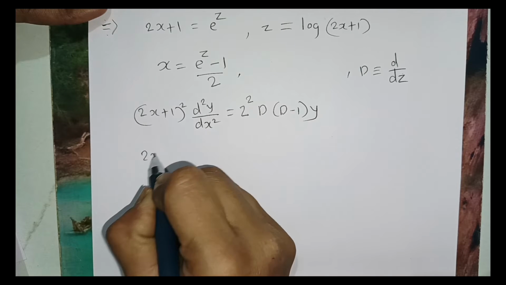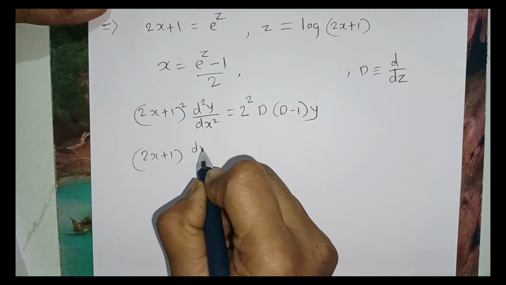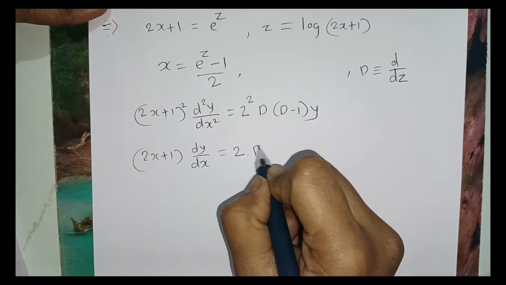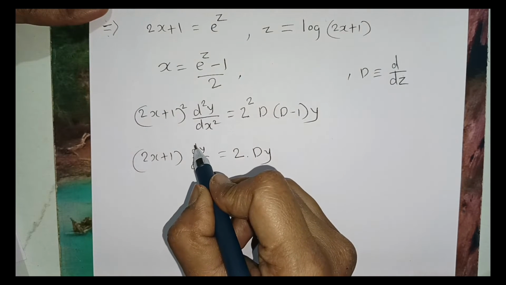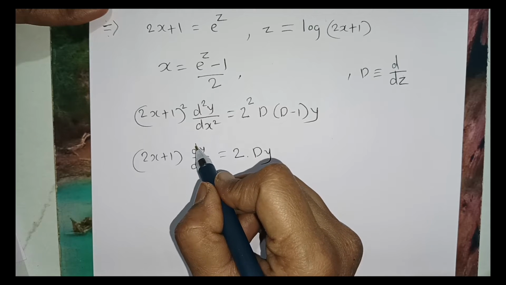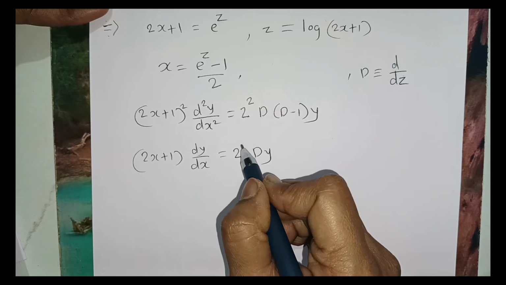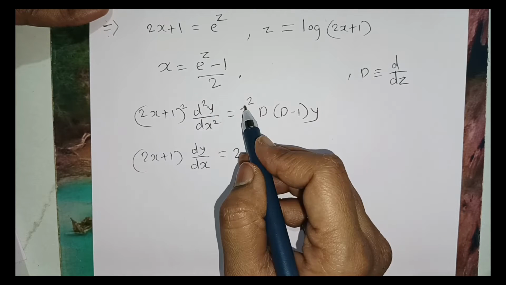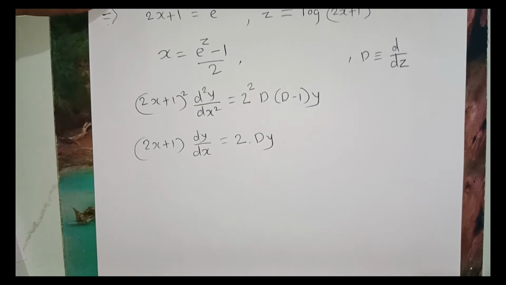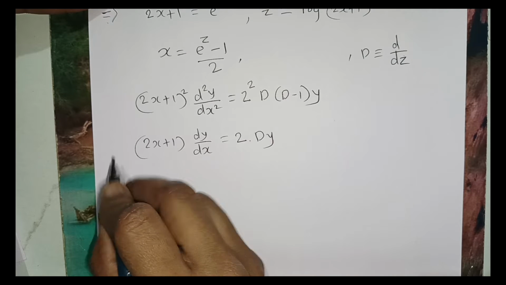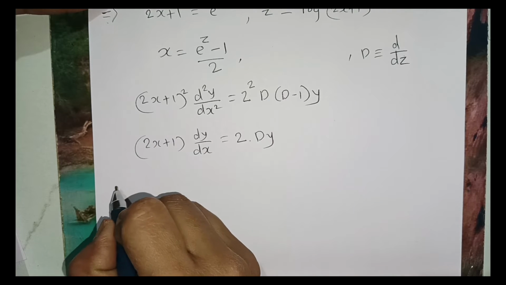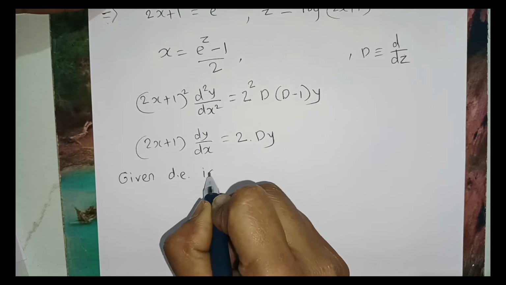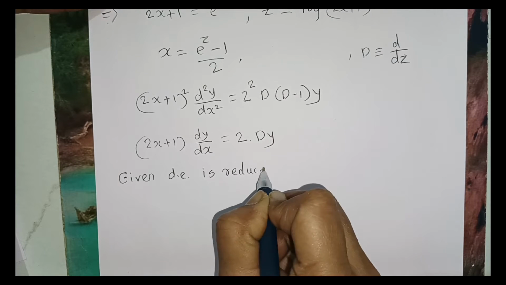Now for (2x plus 1) dy/dx, it is equal to 2 times Dy. The order of the differential coefficient is 1, so we have 2 raised to 1. If you have an nth order differential coefficient, then you will have 2 raised to n here. So use all these substitutions in the problem. So the given differential equation is reduced to